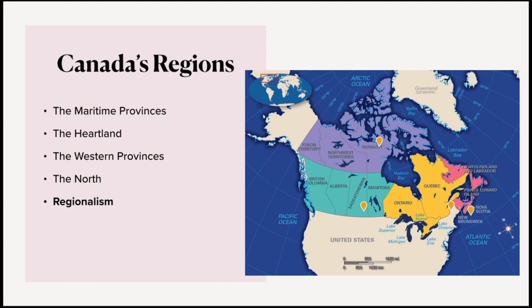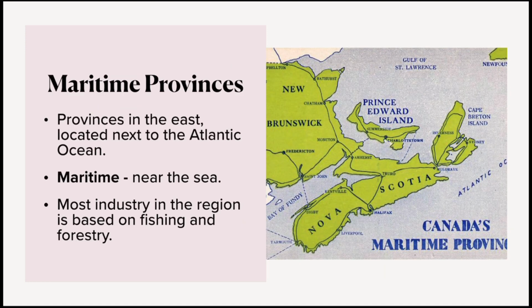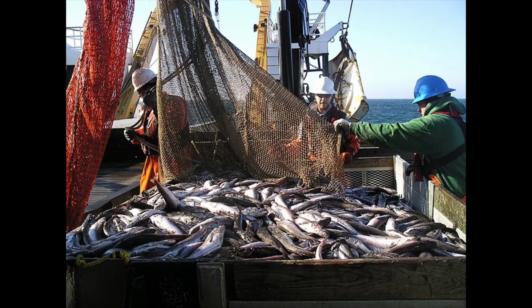These are sometimes referred to as the maritime provinces. This region is found along the Atlantic coast and it includes New Brunswick, Nova Scotia, and Prince Edward Island. Sometimes they're referred to as the maritime provinces because maritime means on or near the sea. This region of Canada is defined by its short growing season, which limits farming. However, some farming is done on Prince Edward Island. They're known for their potato farms. Most of the economy in the eastern provinces is related to forestry and the fishing industries.